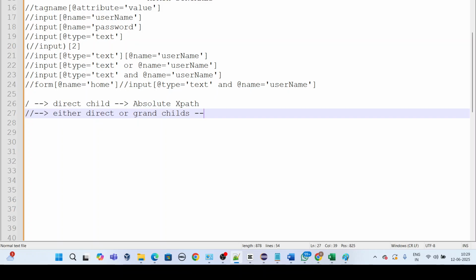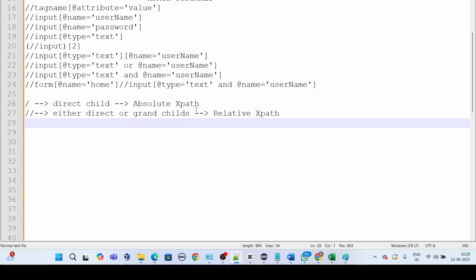Absolute XPath, I will tell you. And this is a relative XPath. Two types of XPaths will be there, absolute and relative. So absolute XPath contains all our single slashes. Let me show you the syntax of